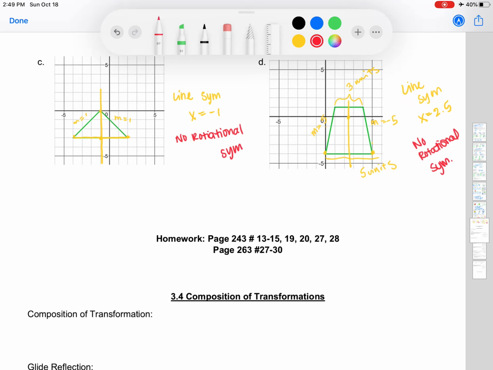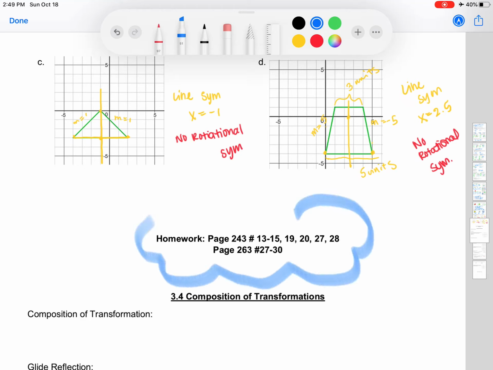Okay, I know that this was a longer lesson, but you do have homework on both sections tonight. So be sure that you are completing both sections of homework here. You should be completing page 243, number 13 through 15, as well as 19, 20, 27, and 28. And then you are also completing page 263, 27 through 30. If you have any questions, either post it onto our class